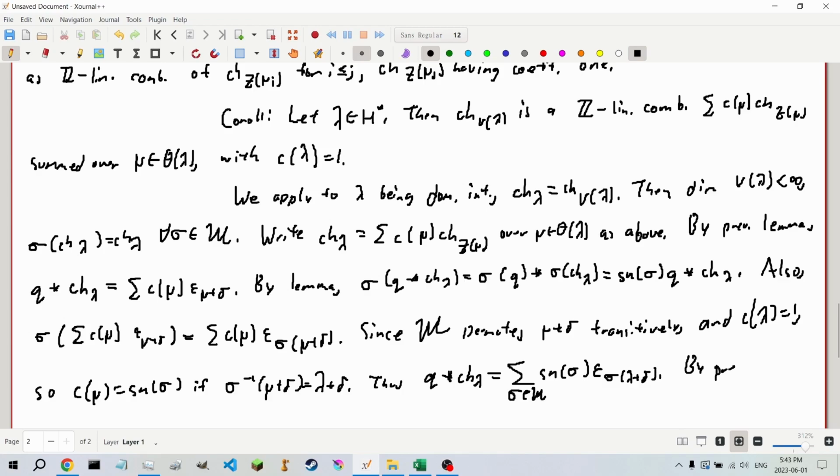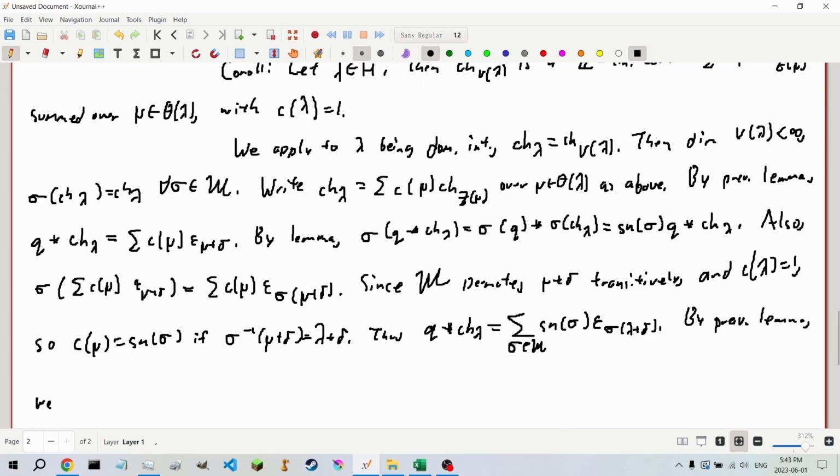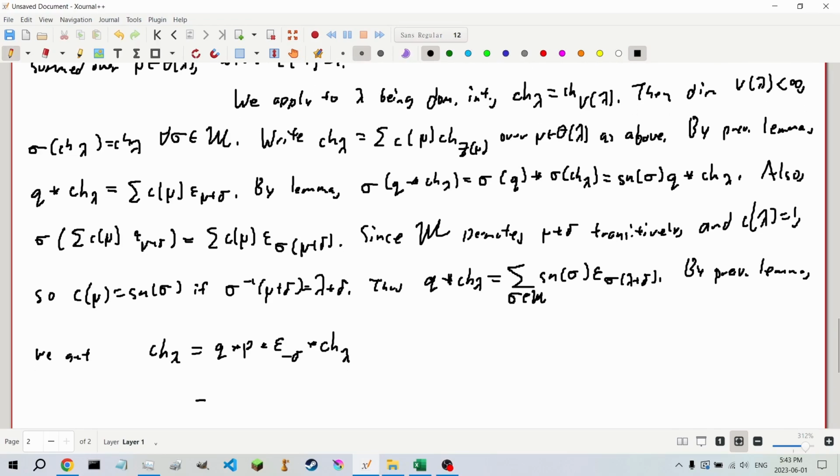By our third lemma from last time, we get that the character of lambda is q convoluted with p convoluted with e of negative delta convoluted with the character of lambda,